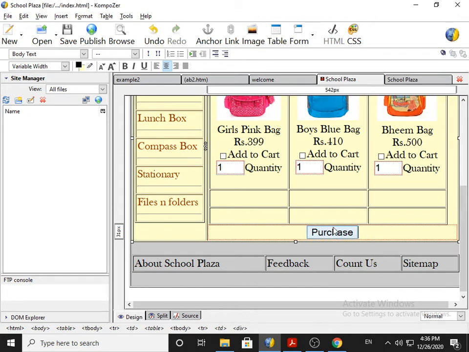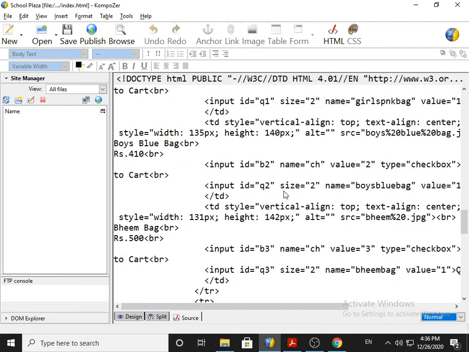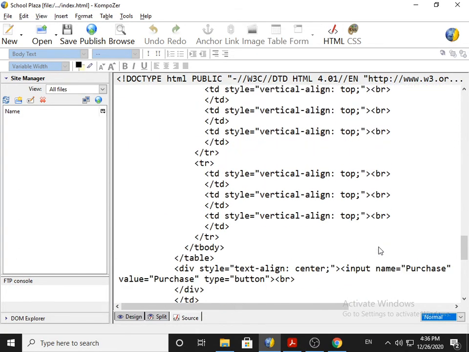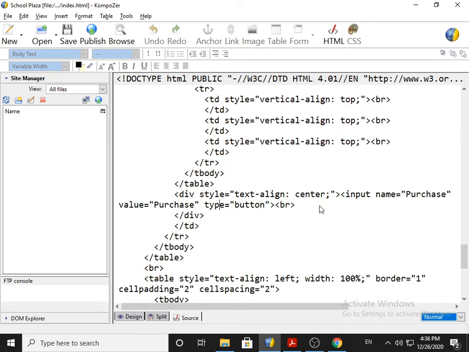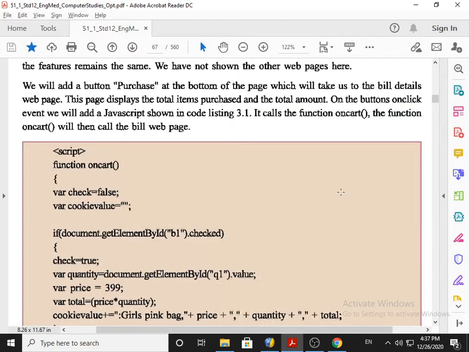For this button, we have to see in the source code where the button is available. See, here it is mentioned, input name purchase, value purchase, type is equal to button, and here we have to write on click is equal to return, and then the name of the function.